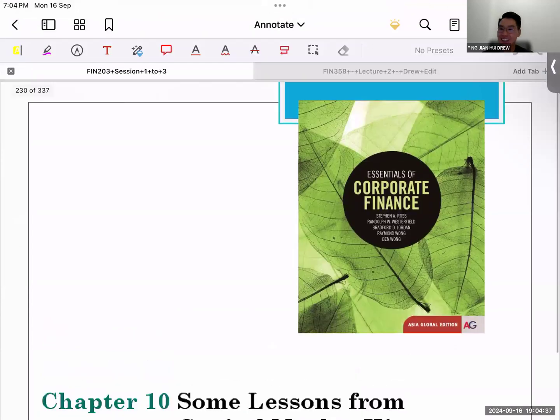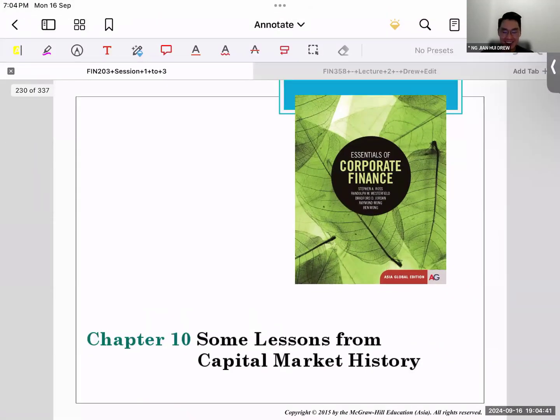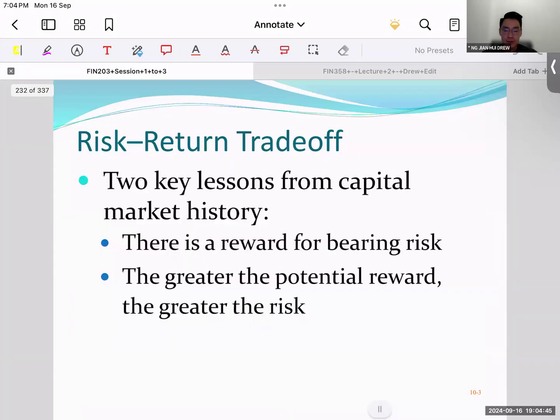Right. Maybe everyone's just still a bit tired, but okay, let's start. Let's start with lecture two. Sorry, lecture three. So for lecture three, let's define a bit more the idea of risk and rewards. Like I mentioned in most of my lectures, I'd like to give you the broad overview first before we go into all the nitty-gritty details. So as a broad overview, the idea is that in finance, whenever you take on risk, you should be rewarded for taking risk. So that is the basis of today's lecture, and then we'll go into a lot of detail about it. But the simple idea is that if you take risk, you should be rewarded. Okay? However,